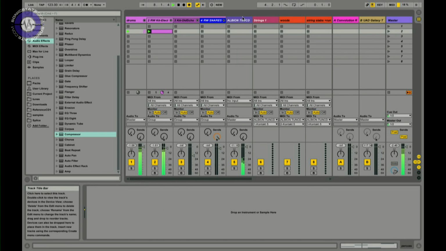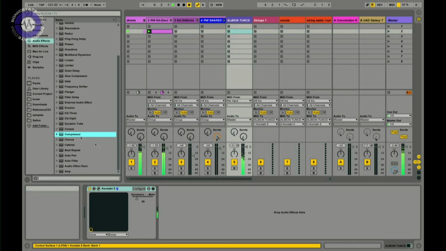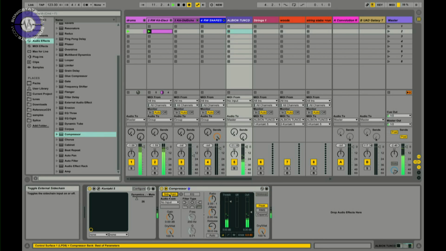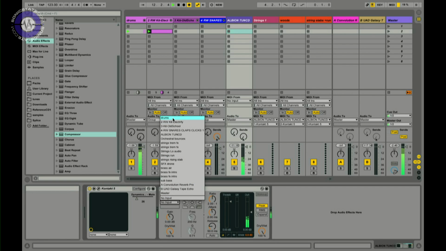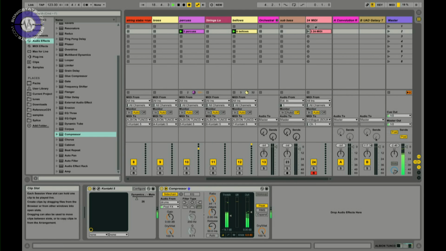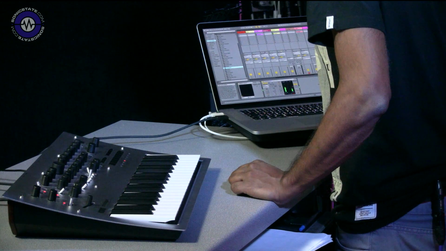Now I wonder what that would sound like with a bit of pumping. So let's drop a compressor on the end of the Kontakt Player, side chain it to the kick, and set the ratio up and start bringing the threshold down. Then if we throw in the bass line, once the sequence goes round,